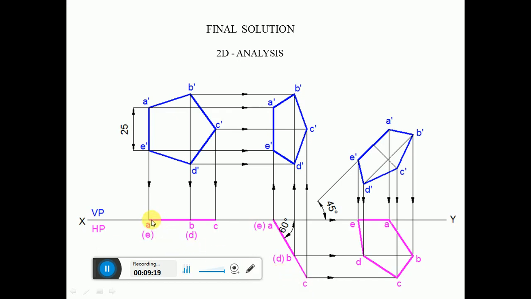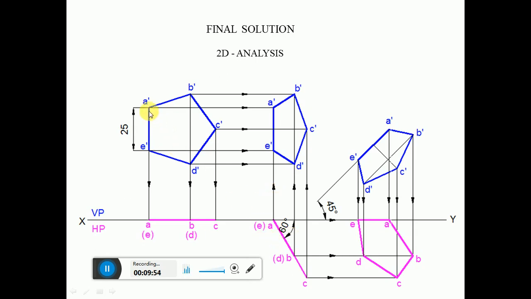Similarly, measure the distance from A to B with A as center. Cut an arc on this 60 degree inclined line. Mark this point as B bracket D. Then join A to C with a dark line. So this is the reproduction of the top view, the second position top view, such that it makes an angle of 60 degrees with the vertical plane, and the inclination is given with respect to VP. Obviously, the inclination can be seen in the top view by looking from the top direction.